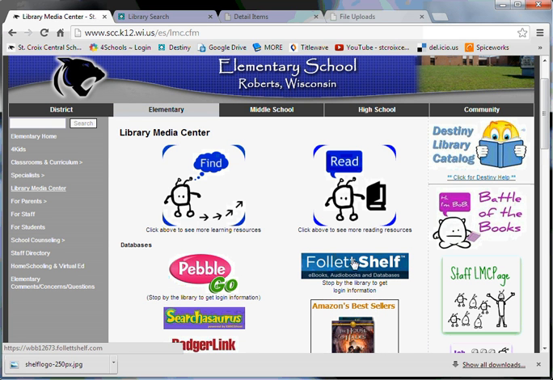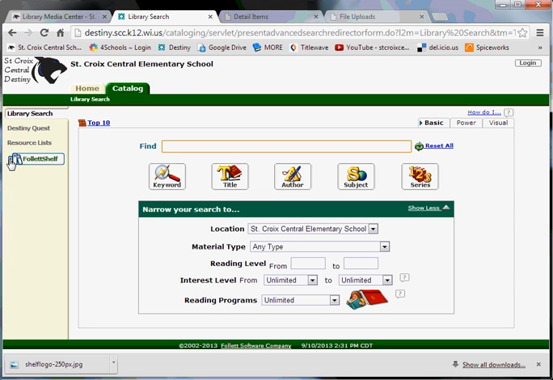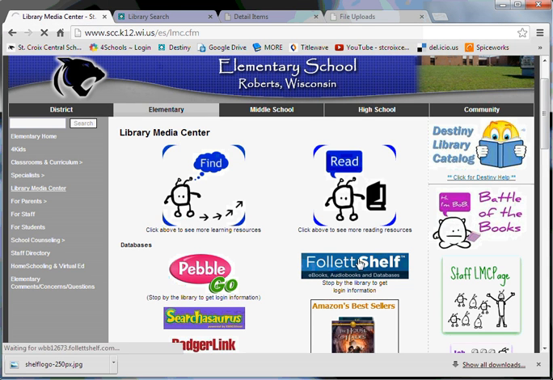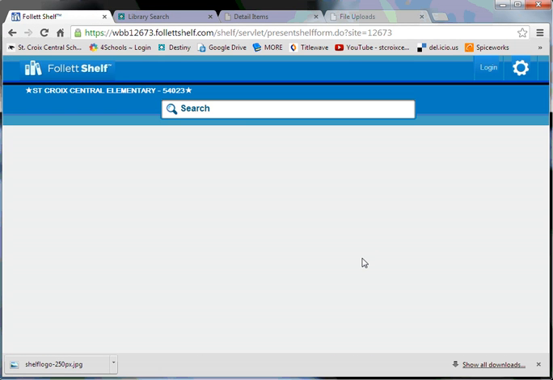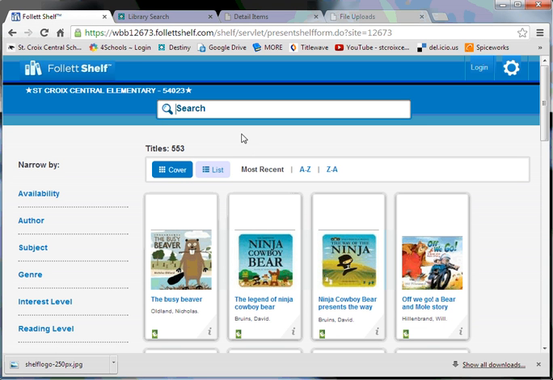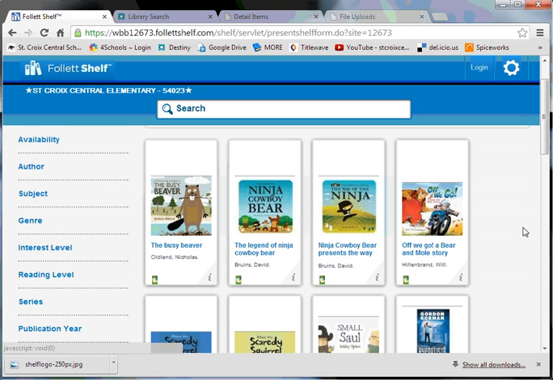Now, there's the logo right here on the library page. If you go into Destiny, there's also a little Follett Shelf logo right here on the left side when you're on the catalog tab. Both of those will take you to the same place. So our Follett Shelf has a ton of great ebooks on it right now. There's 553. And when you get here, you kind of see a tile